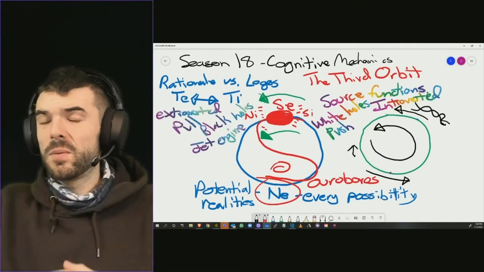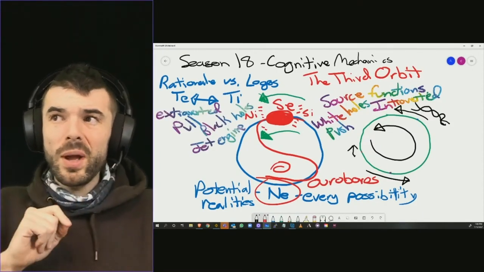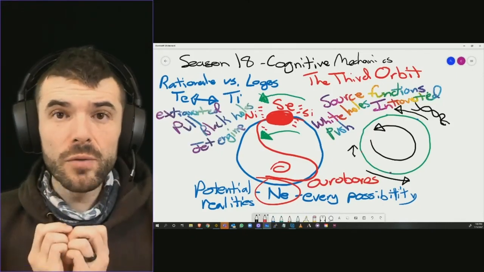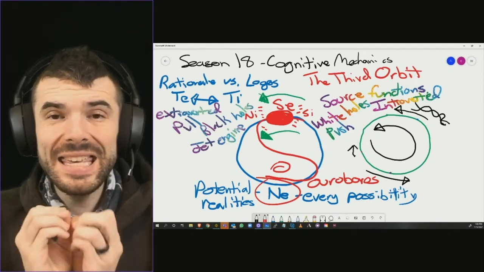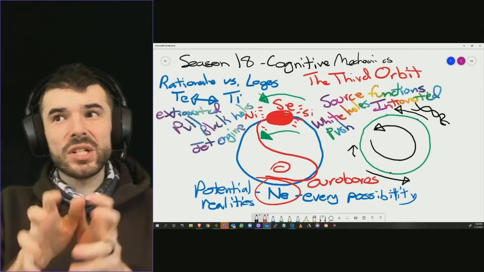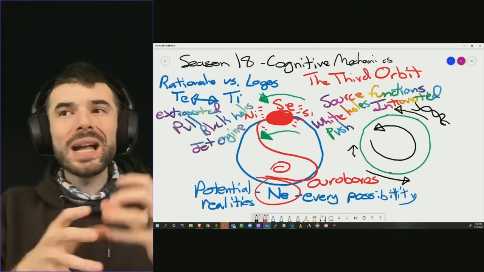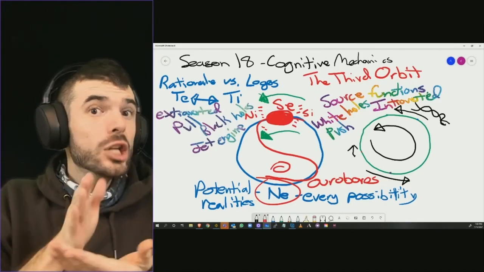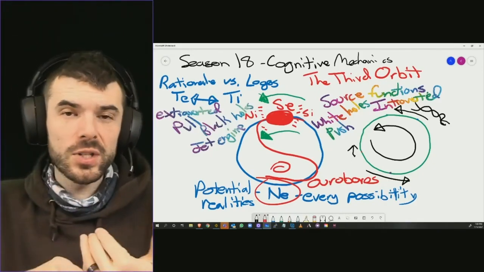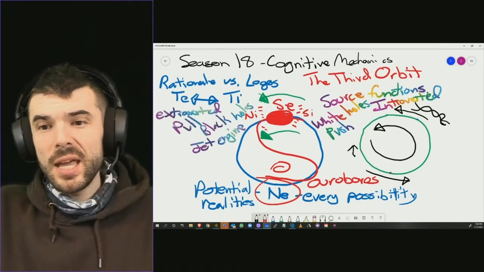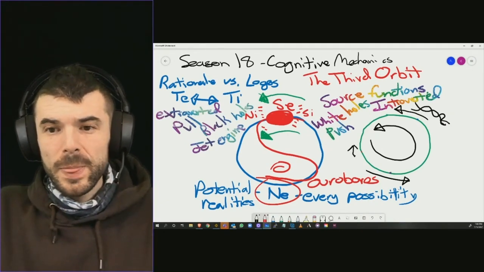Pretty awesome, right? But this black hole to white hole system, folks, it literally is. That is what cognitive orbit is. That is exactly what cognitive orbit is. It's the black hole, the extroverted function, and its direct link and pathway and conduit into the introverted function, or vice versa. It's not just a one-way street. It's a two-way street.